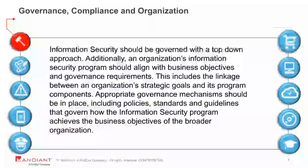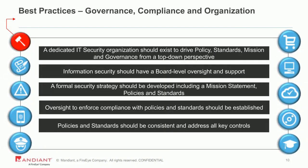So moving on to the best practices. For each of the best practices, what I figured I would do here, rather than just reading them off the screen, is I'll read them, go over them, and then we'll talk a little bit about them and get more detail. So the first best practice here is a dedicated IT security organization should exist to drive policy, standards, mission, and governance from a top-down perspective. You've heard me repeat that over and over,